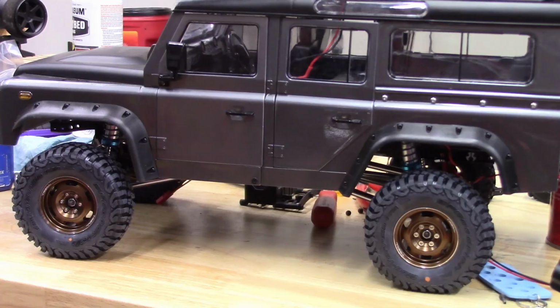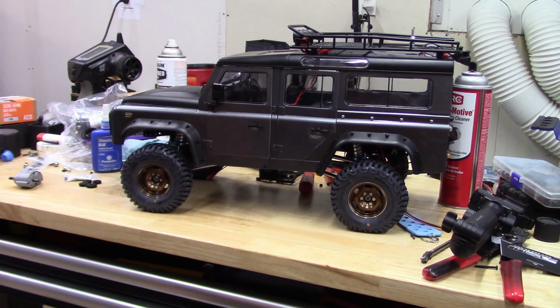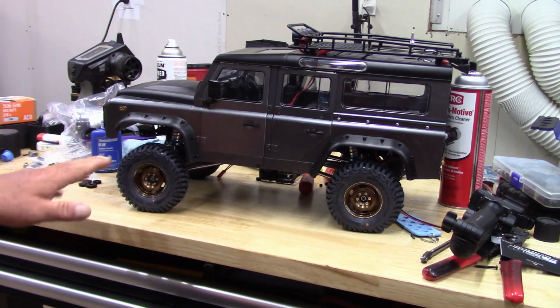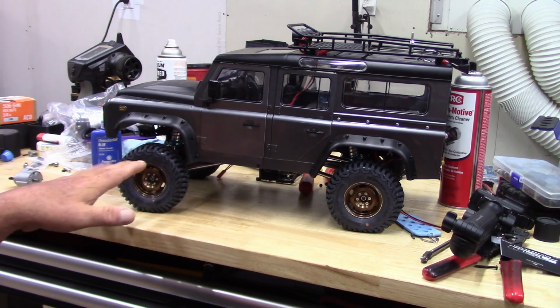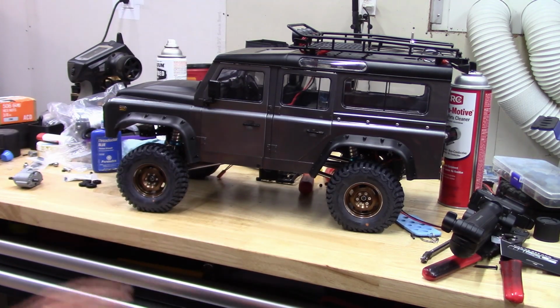That looks pretty good, I think. Let's back up. That looks pretty good. Like I said earlier, when this body is all mounted in place, everything will change. So, as you can see, the wheelbase looks a lot better with this little bit smaller wheel, entire combo. And I'm actually taking a look back on this. I could dig it. Once this thing gets a little dirty, I mean, you won't even know. So,